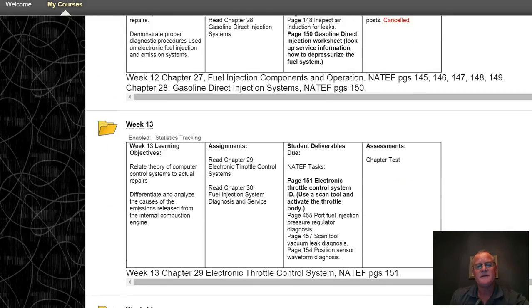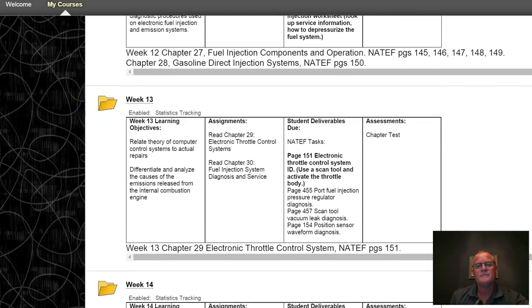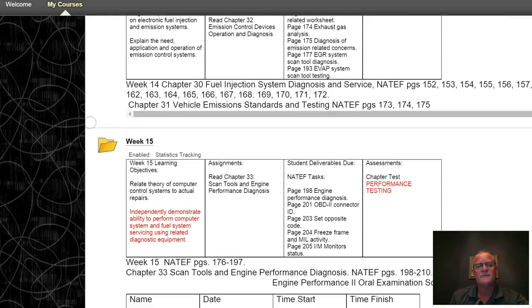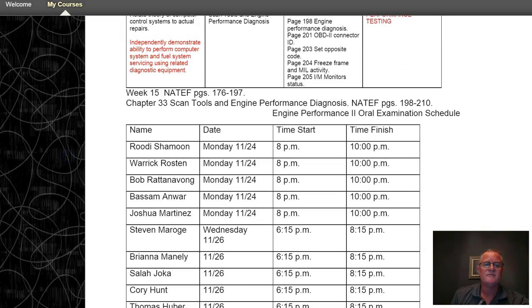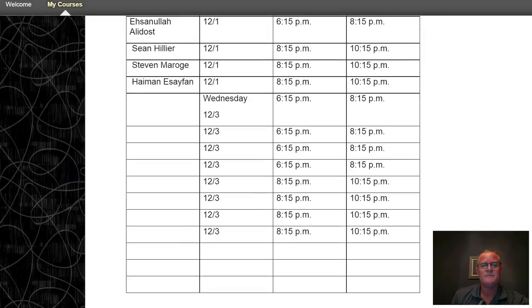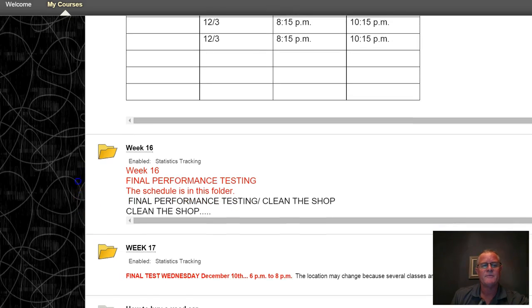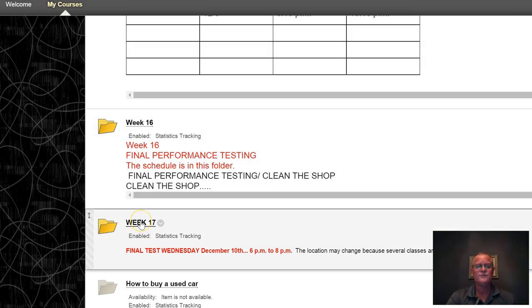I'm especially happy with this. This is a class that I taught before, but showing you the organization, and then it actually shows the performance test schedule, which is in week 15, which actually shows what time they're due and what they need to do. But I like my tests, the testing tools,